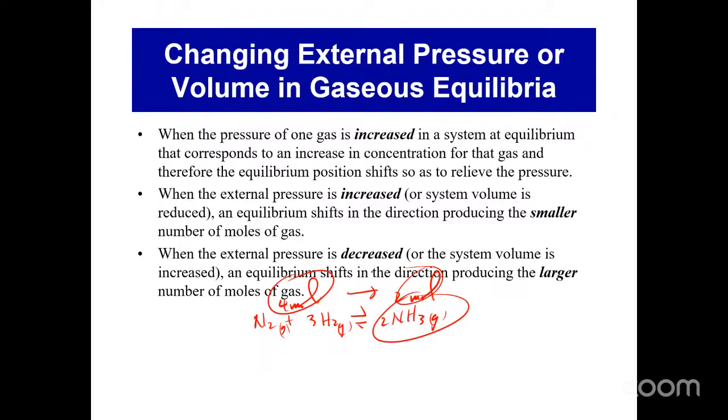And another condition you can choose, as somebody mentioned earlier, is to decrease the concentration of ammonia. So if you continually remove the ammonia, again, Le Chatelier's principle will kick in, the equilibrium position will shift to produce more ammonia, and therefore by so doing, you favor the formation of ammonia, all right?